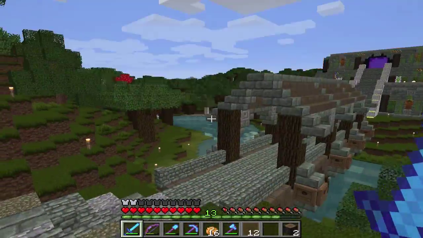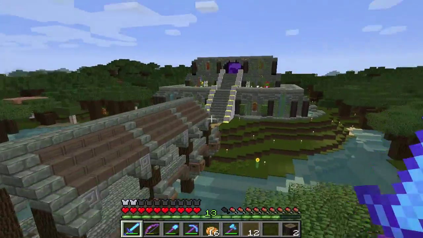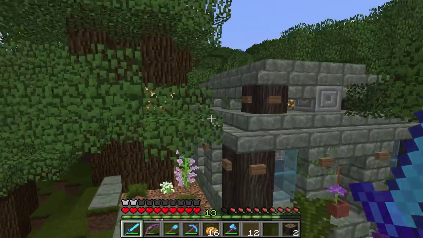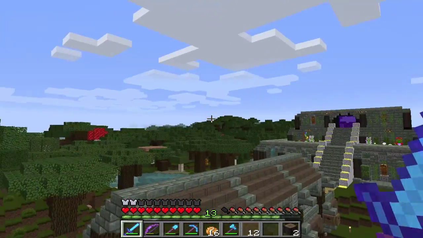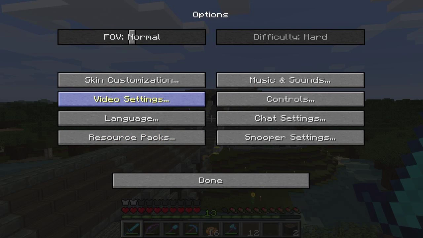I really like the texture packs just because it's something to change it up a little. There's the temple and the restaurant, and then we also have another one, maybe not so realistic,